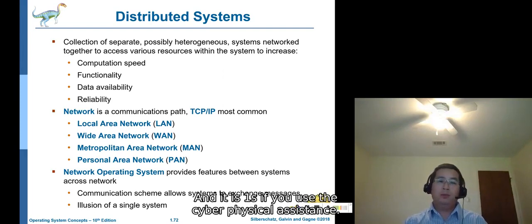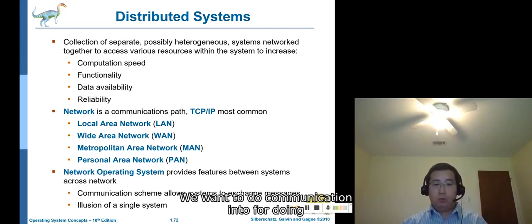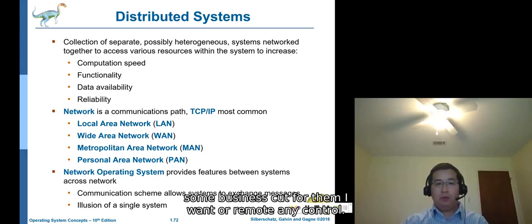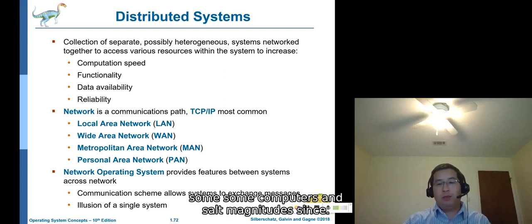If you use cyber physical systems, that means they are connected to each other. The reason is that we want to do communication, and we want to do communication for doing some business. For example, I want to remotely control something, or I want to finish some business with some computers.